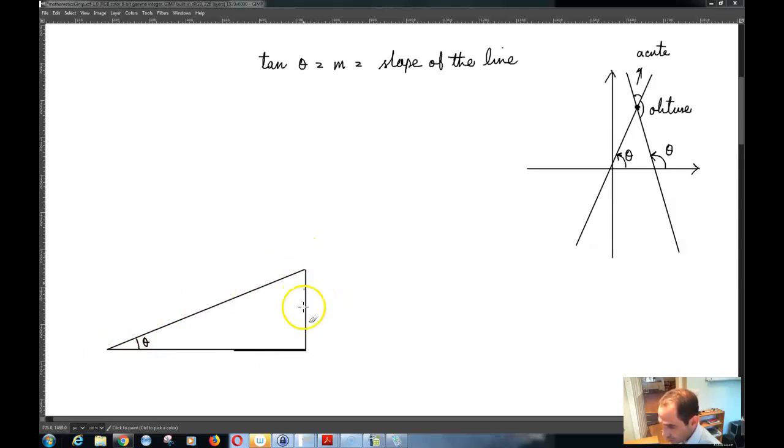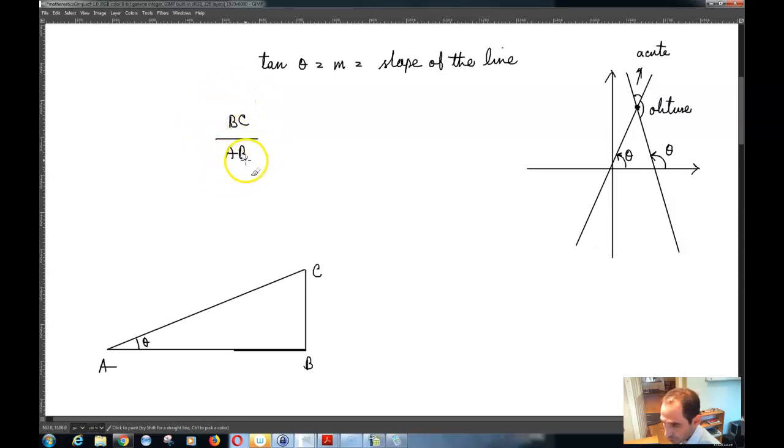If you label this triangle ABC, and take the ratio of BC to AB,